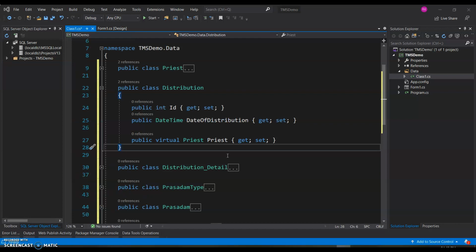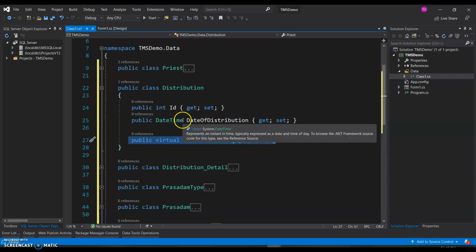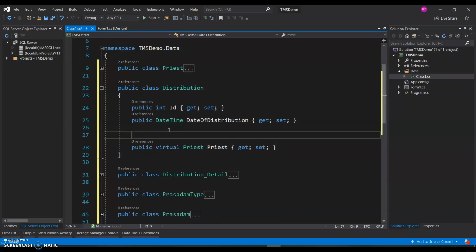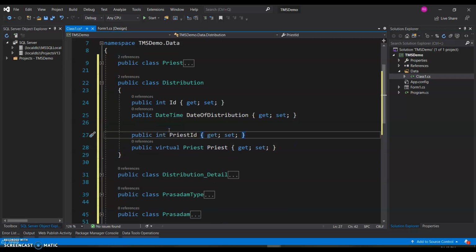Now comes the question of, should we include a property called priest ID? But then we just told the entity framework that a distribution is related to a priest. Is that not sufficient? Should we go ahead and include something like this? Is this required?